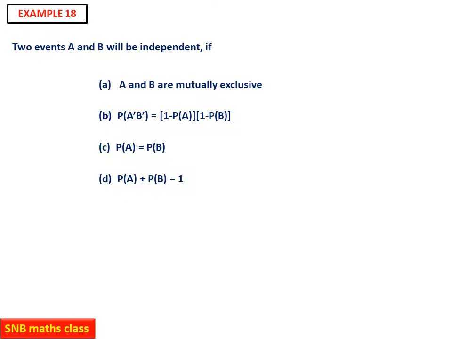Of course, this is a concept based question. You have derived the condition for this one already. Whenever two events are independent, what is the option? Definitely option is B. This property we have proved. If A and B are independent, then A complement and B complement are also independent. A and B complement are also independent. A complement and B are also independent. These are the properties we have studied. Therefore, definitely B is the option.